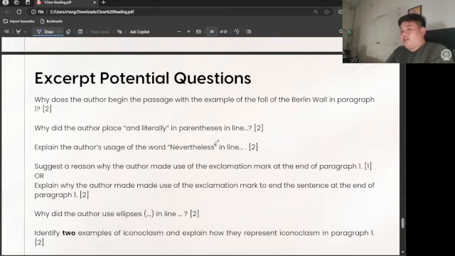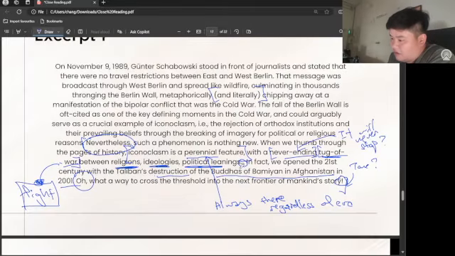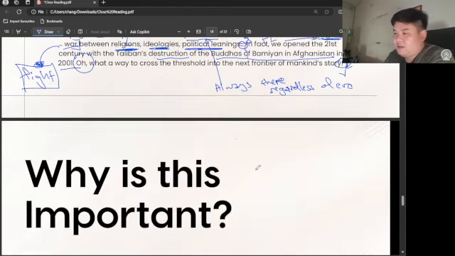Okay, or explain the author's usage of the word nevertheless, right? Suggest a reason why the author made use of the exclamation mark, why did the author use ellipsis, or the author is trying to suggest that these ideas are, or these conflicts, because in context, we are talking about a never-ending tug of war. These conflicts, or rather the potential conflicts that could occur, is a non-exhaustive list, right? It will never end because there are so many things that can potentially be flashpoints for conflict that may go on and on forever. So,